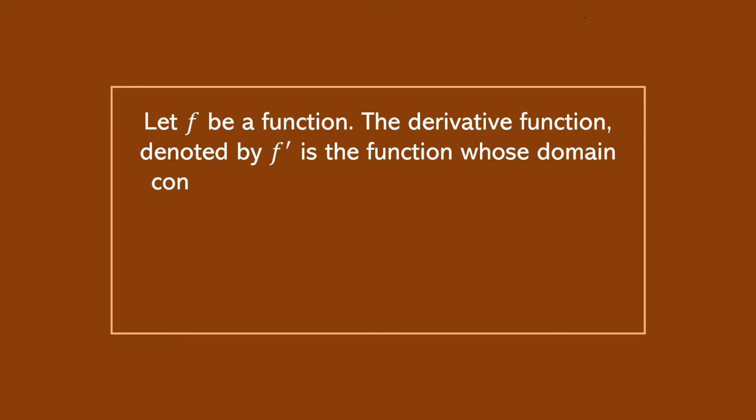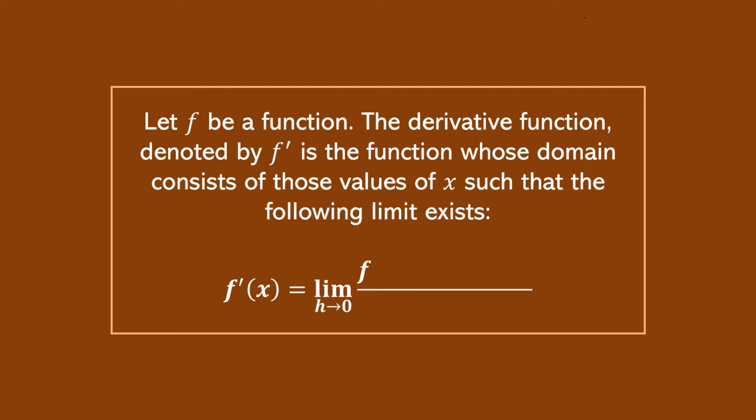As we have seen, the derivative of a function at a given point gives us the rate of change or slope of the tangent line to the function at that point. Now, let us define a derivative function. Let f be a function. The derivative function, denoted by f prime, is a function whose domain consists of those values of x such that the following limit exists: the limit of f of x plus h minus f of x all over h as